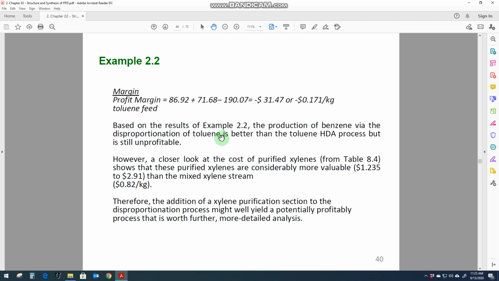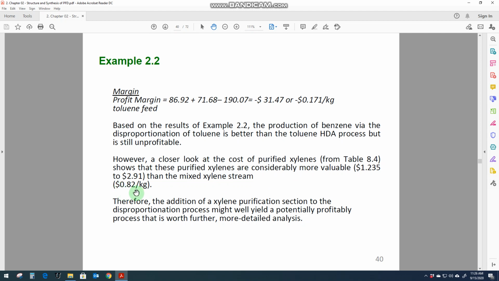Based on the results of example 2.2, the production of benzene via the disproportionation of toluene is better than the toluene HTA process, but is still unprofitable. However, a closer look at the cost of purified xylenes from table 8.4 shows that these purified xylenes are considerably more valuable than the mixed xylene. Now what we can see here is that the cost of the mixed xylene is very low, $0.82